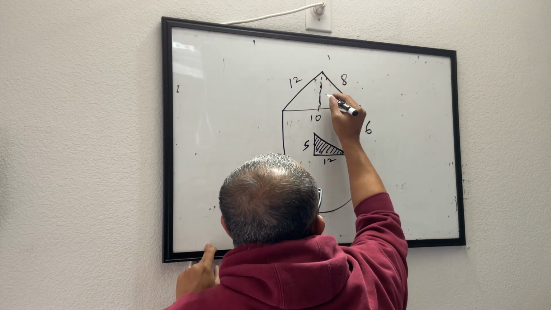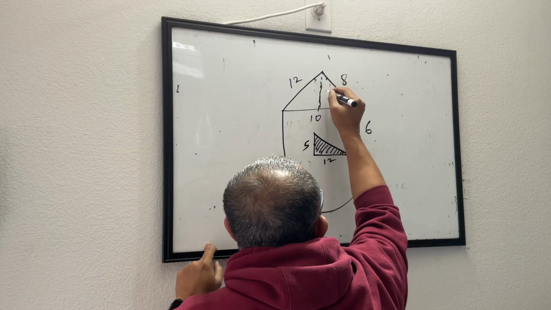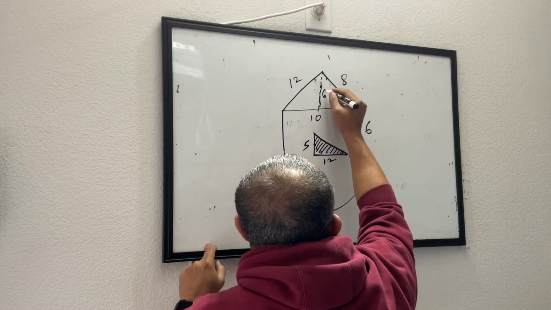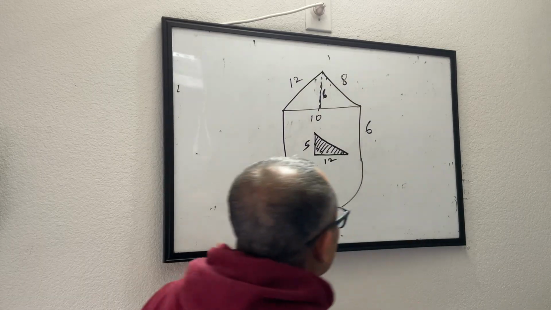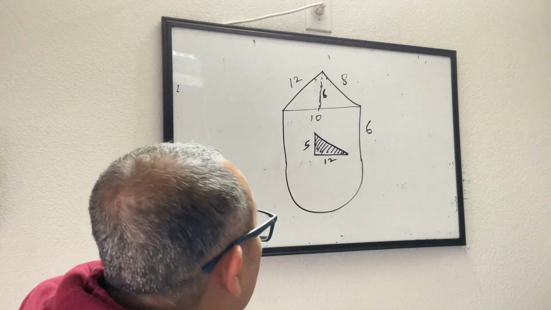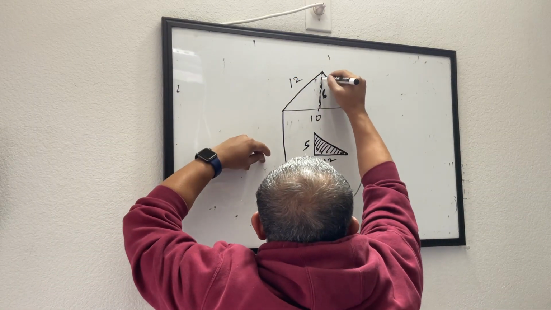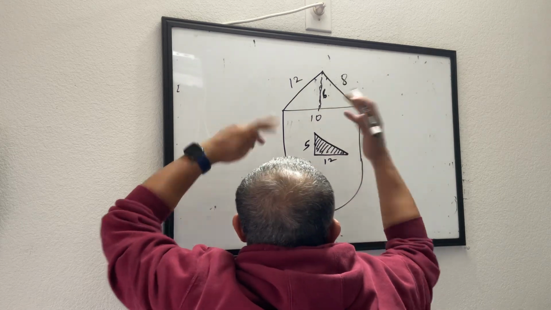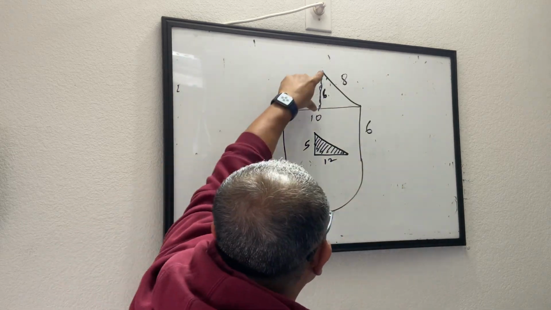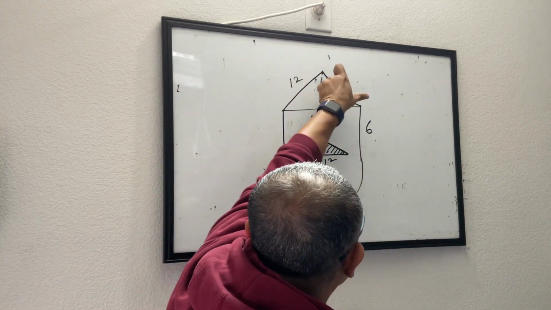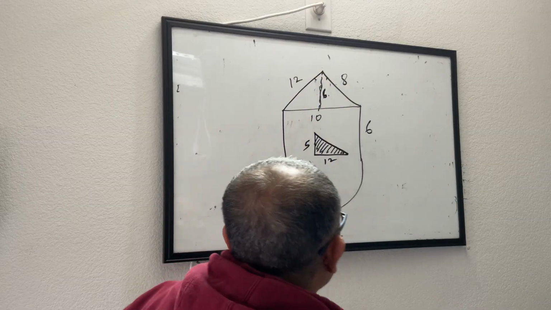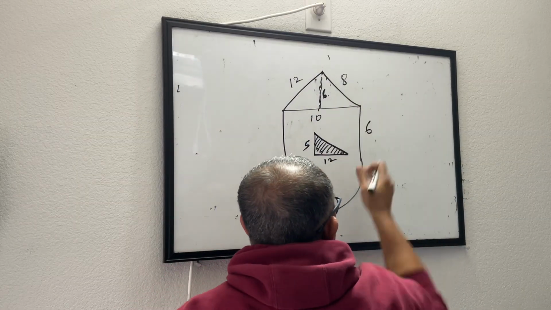I'm giving you some extra information if that helps. This is 6. So now you are seeing this triangle on the top where I am saying from here to here is 6, all units are in centimeter. This is 6 centimeter, this is 12, this is 8, this is 10, this is 6,